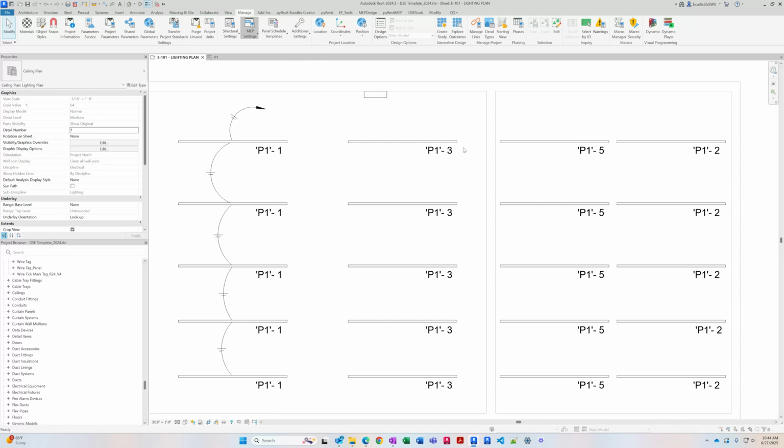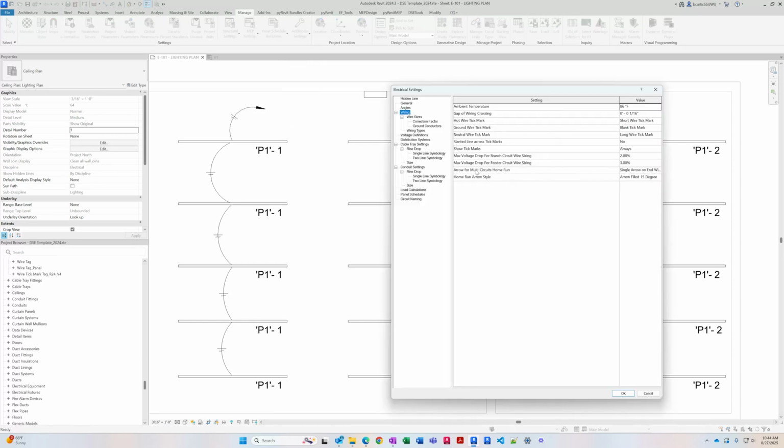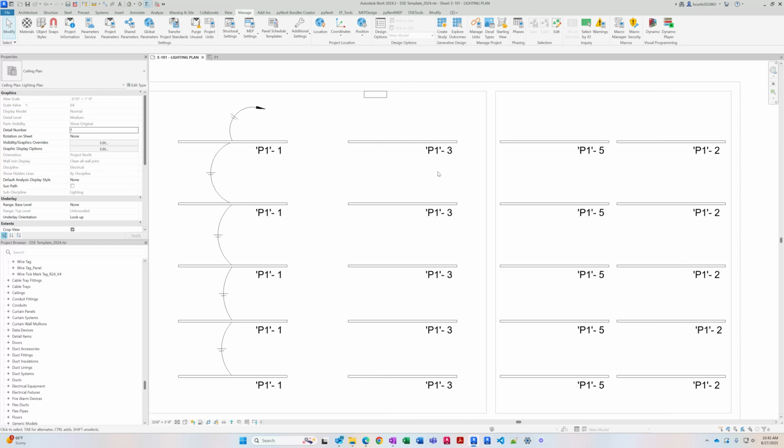MEP Settings, Electrical Settings, and if I come down to arrow for multi-circuit home runs, when I do have a multi-circuit home run, I have a few options. Single arrow on end wire only, multiple arrows, single arrow. So let's go with single arrow. It's usually going to be that or the bottom one, single arrow on end wire only, that we want to show. So let's go single arrow, and let's go OK. Now let's go ahead and wire in another